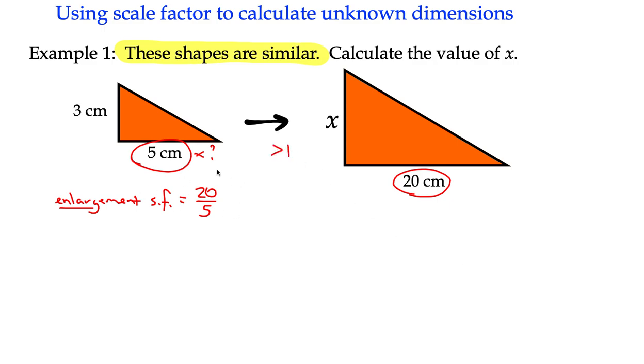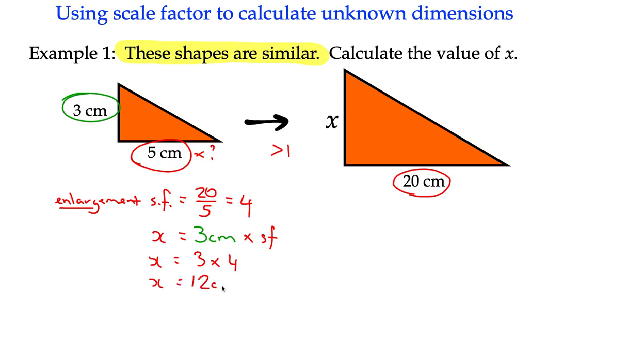And you do that by, from the two numbers in your fraction, making it an improper or top-heavy fraction. So there's various ways to try and get that fraction right. In this case, 20 divided by 5 is 4, so our scale factor is 4. What we can then do is to say that the value x that we're trying to work out is going to be the matching value on the original shape, which is 3 centimeters, multiplied by the scale factor. So therefore x is 3 times 4,